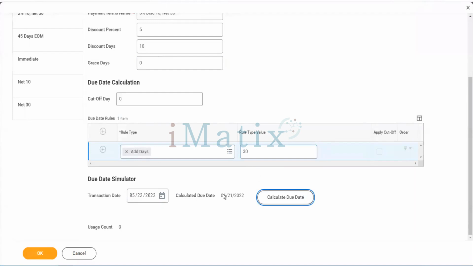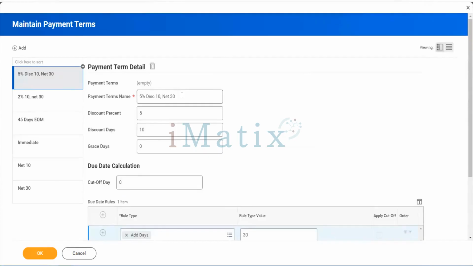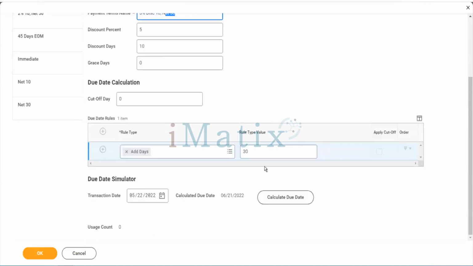The due date is from 20th of May. If we do a transaction, we create and send the invoice to the customer, then he has to pay by 21st of June. We are giving 30 days here.